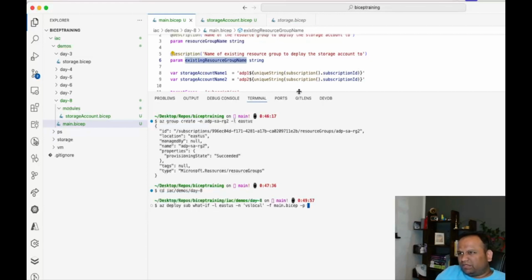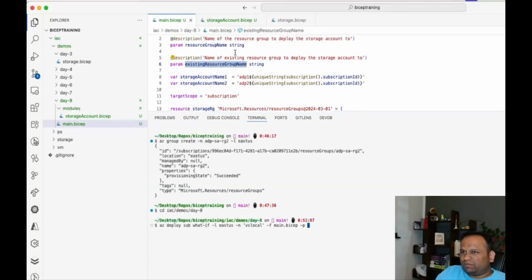So what are the parameters we have to provide? We have to provide two parameters, others are variable. Resource group name, so I'll just copy this. Name is equal to resource group name. We already have rg2, so what we will do, we will create a adp